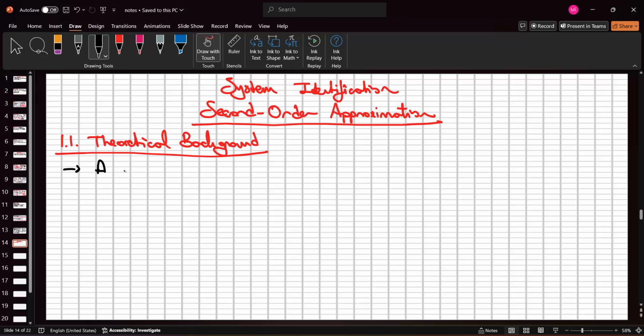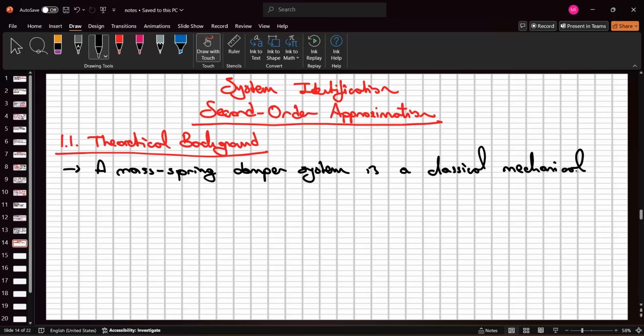Okay, and so the mass spring damper system is a classical mechanical model describing the second order and many physical systems,